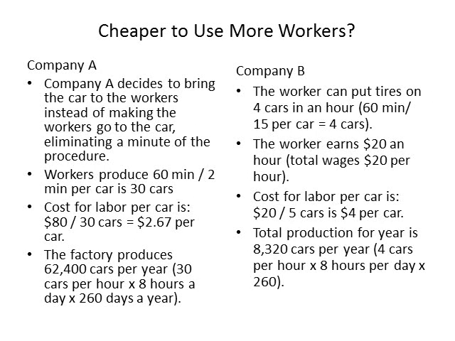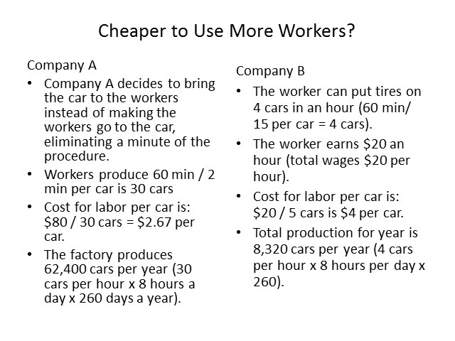Now suppose Company A decides to bring a car to the workers instead of the workers going to the car. This step eliminates the need for the workers to move to the next car, taking off a minute of production, thus making the production time per car 2 minutes. Thus, in 1 hour, workers are able to increase their production from 20 cars to 30 cars. The cost of labor remains about the same at $80 per hour, but the cost per car will decline to $2.67.